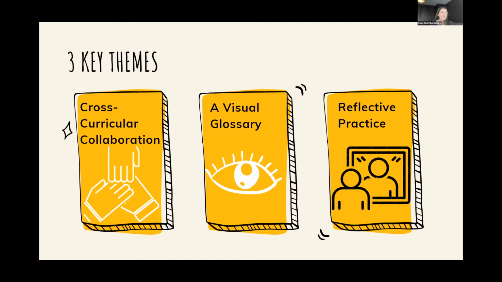The second one was a visual glossary. This was a resource that came out of the course that was designed through the project. And it really evolved as the project went on, and we'll look at the 3 iterations of the visual glossary a little bit later on. And the final one was developing reflective practice. And this was from the teacher's perspective, so getting the tutors to really engage in reflective practice and think about what they were doing in the classroom, but also from a learner's perspective, asking learners to reflect on their learning and how they were developing their skills.